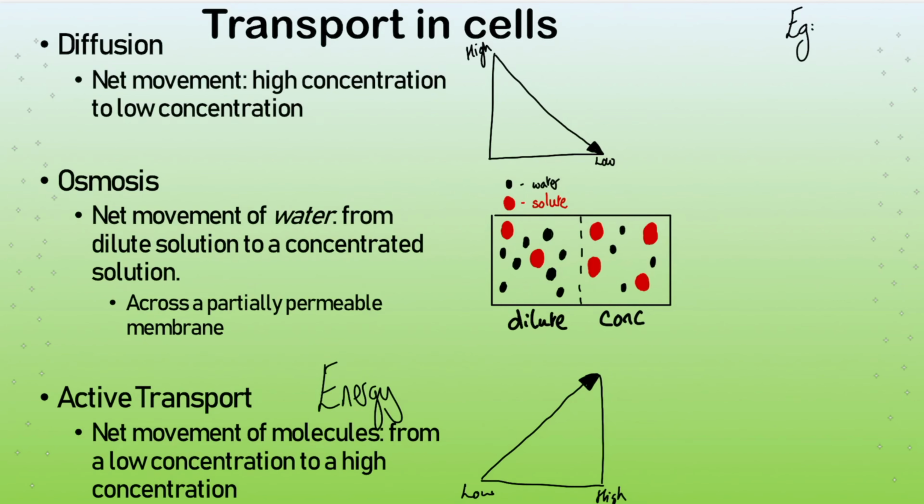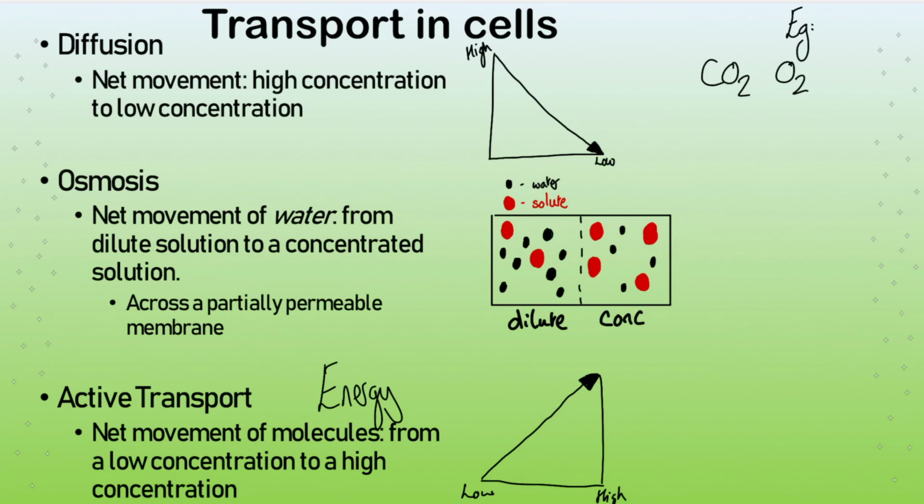Yeah, that's the final type of transport. So we've got many examples of diffusion that we could talk about, from things dissolved in a solution or particles of a gas, all moving from a high concentration to a low. So we could talk about oxygen and carbon dioxide in gas exchange. Those are really good examples. So in the lung or in a leaf, they're moving across the membrane or moving into the leaf itself. And we could also talk about waste products like urea moving from cells into the blood plasma for excretion later